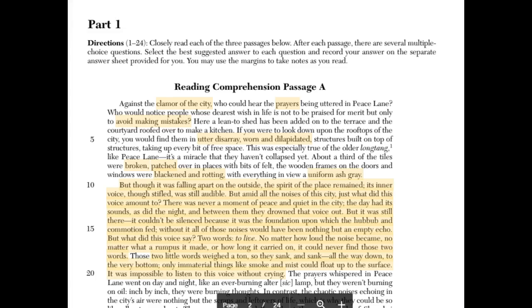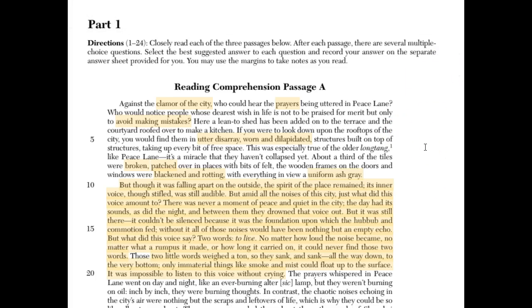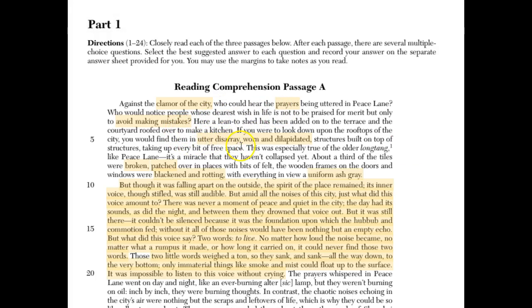So now that I've finished that paragraph, before I just keep moving on, I would write something over on the side. I would write an annotation. And I'm noticing that all of these words are creating a dark, gloomy tone, right? This place is run down. It's in disarray. It's broken. It's blackened and rotting. So I ask myself, what is the author's purpose